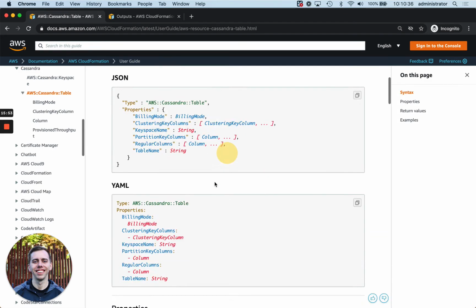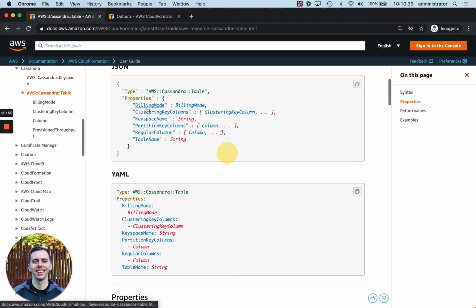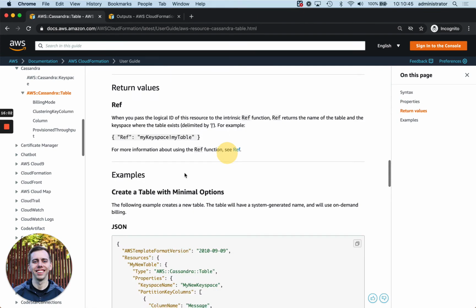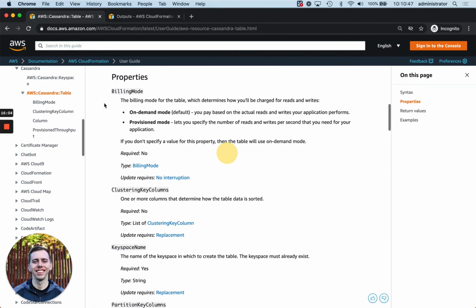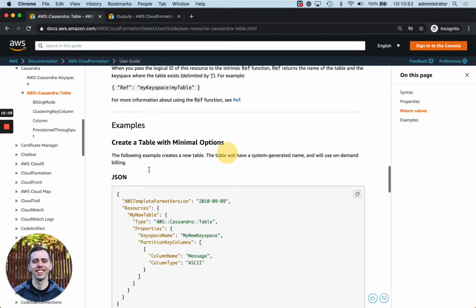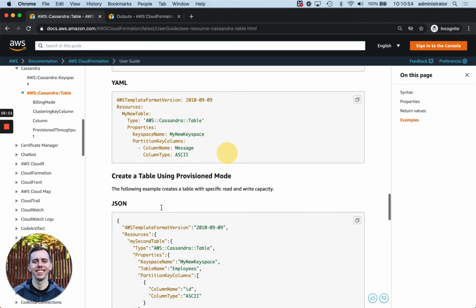I can see the syntax here. I can see some different fields here, billing mode. So I might scan over these just to see what makes sense, table name. And then what I'll do is I'll scroll down a little bit further, and these values are very helpful, but sometimes I'll just skip over the properties and I'll go straight down past the return values as well, and I'll look at the examples. And so now I'll look at this and I'll go, okay, I'll just copy this part,